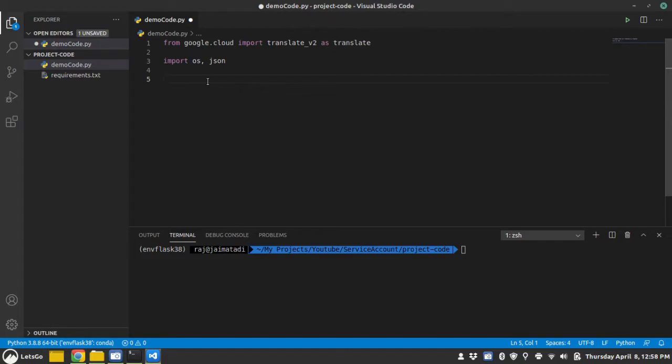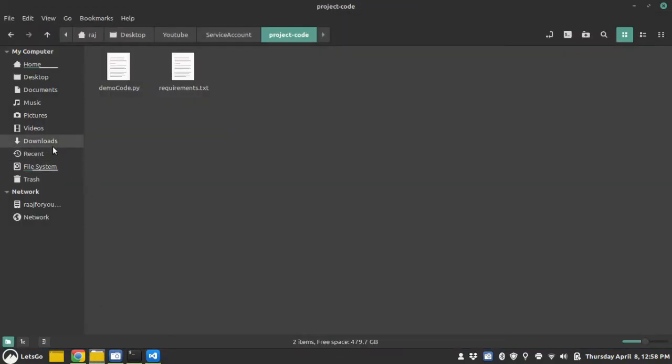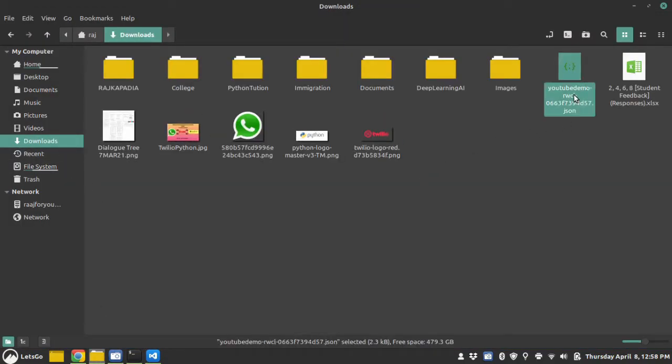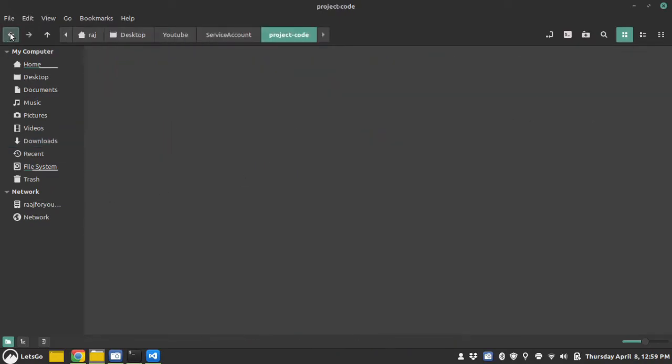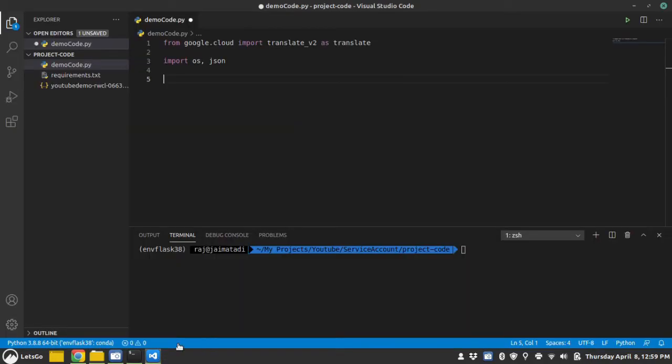If you are using your own server and you are in charge of the security of that server, then you can just copy the JSON file and use it in your project, no problem.